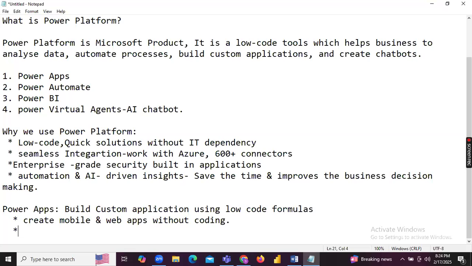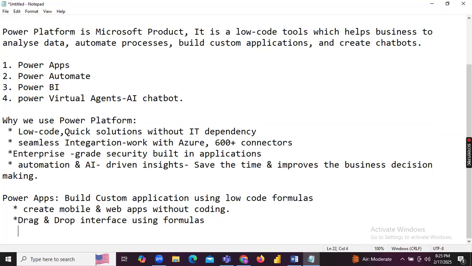Don't worry. Okay. Next thing, drag and drop interface using formulas. That's as I said, if you're using it, you don't need to write the code. Okay, some buttons will be there and some small formulas, like in Excel, right? We will write some formulas. Those kinds of formulas, if you learn, okay, there are some formulas we require that I'll explain to you. Some formulas you need to learn, I will explain to you. So drag and drop interface using formulas, we can do that. Next step,